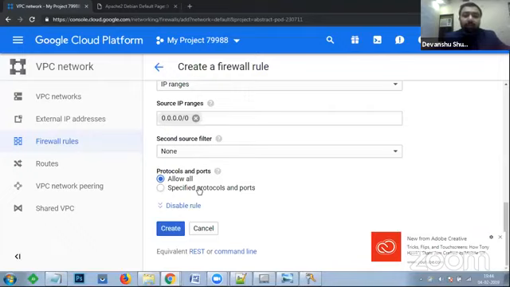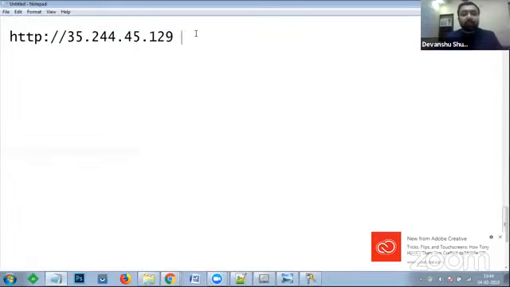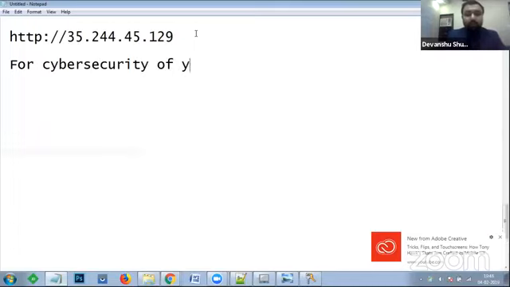So your application stays secure, because in today's environment, security is one of the major concerns. In case you want to understand how we should configure security, you can always refer to Center for Internet Security benchmarks for allowing protocol and port security for Ubuntu server, Windows server, and various others. So the resource is Center for Internet Security benchmarks. You can always access it for cyber security of your